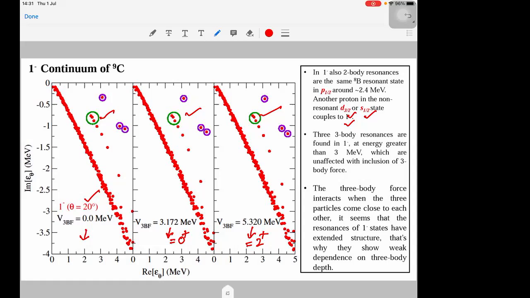Now we have three body resonances in one negative continuum which are unaffected with the inclusion of three body force. I would say weakly affected. To understand this weak effect, we think that it may be